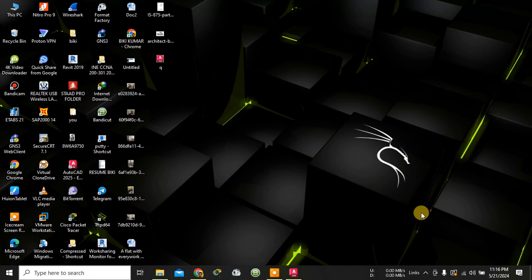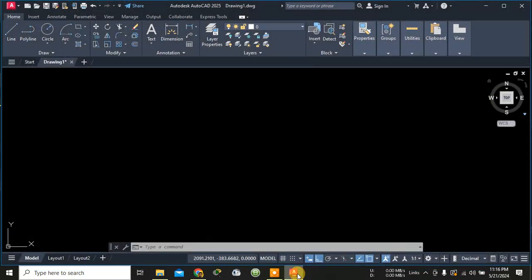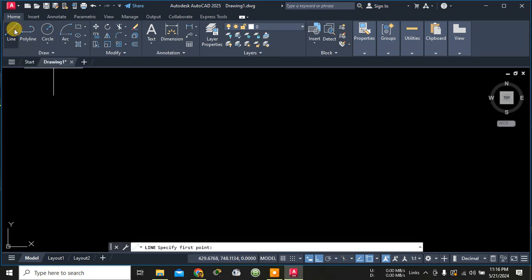So in today's lecture I'll be telling you about some of the AutoCAD commands, that is, how to use them. So let me open AutoCAD, and in the AutoCAD drawing today I'll be showing some of the commands. Let me first of all draw one rectangle with the help of the line command, or you can click it